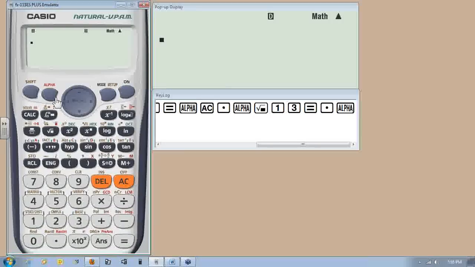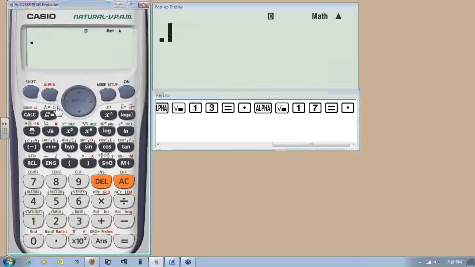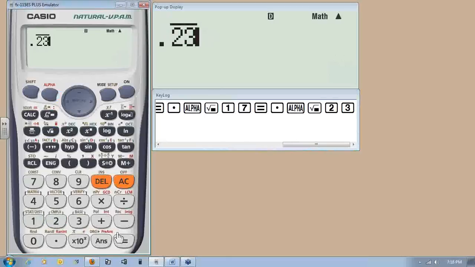Let's try another prime number. Let's try 17. Repeating, 17 over 99. Let's try another one. 23, so we'll go with repeating decimal, 23. 23 over 99. So you start developing the idea of what is happening when you get a repeating decimal and